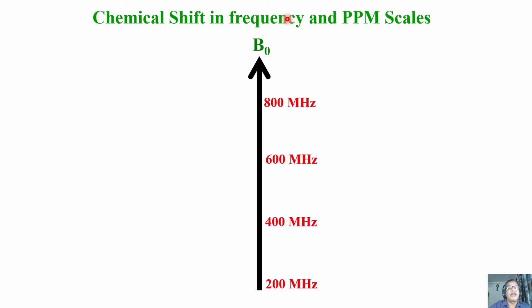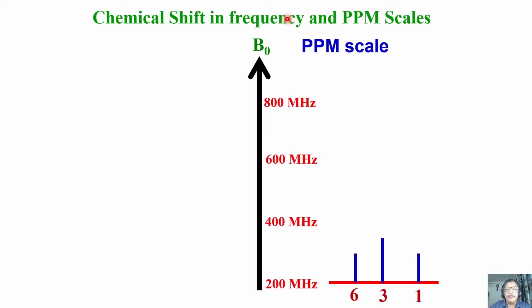Consider the same 0 to 10 ppm scale. I am going to take the spectrum at 200 megahertz in the ppm scale. I have, let us say, 3 peaks. One is coming at 1 ppm, one is coming at 3 ppm, one peak is coming at 6 ppm. You understand? There are 3 peaks coming at 1, 3 and 6 ppm. Now, I have another spectrometer. I will go and record the spectrum at 400 megahertz and get the peak positions in ppm, the same 3 peaks.